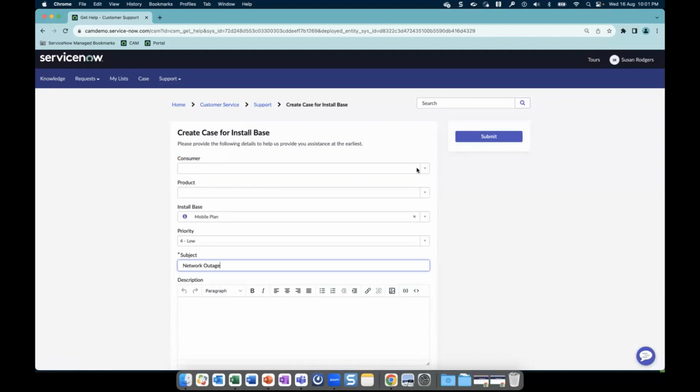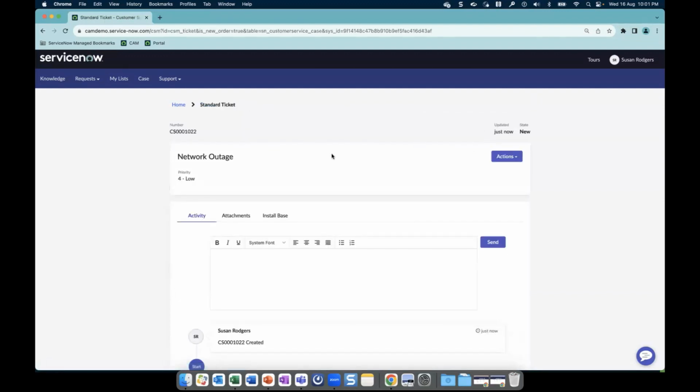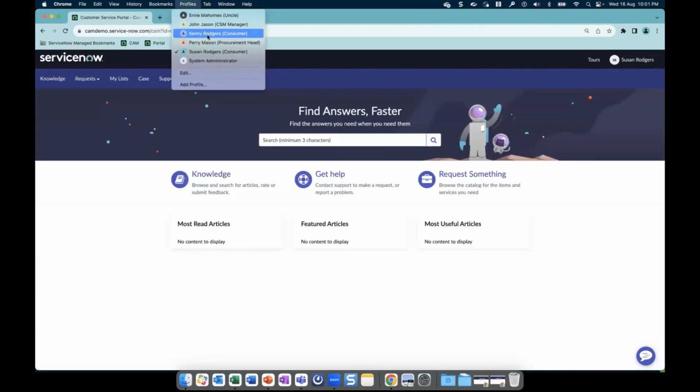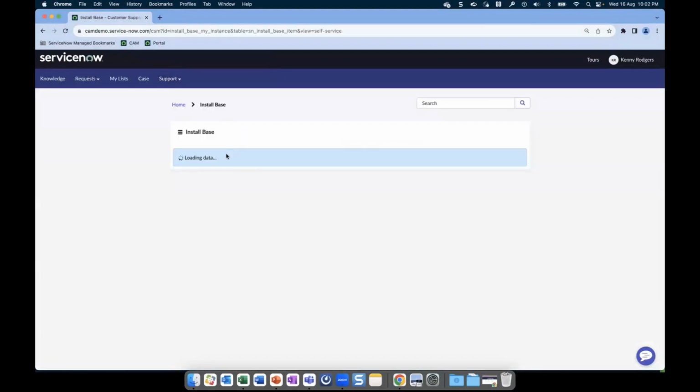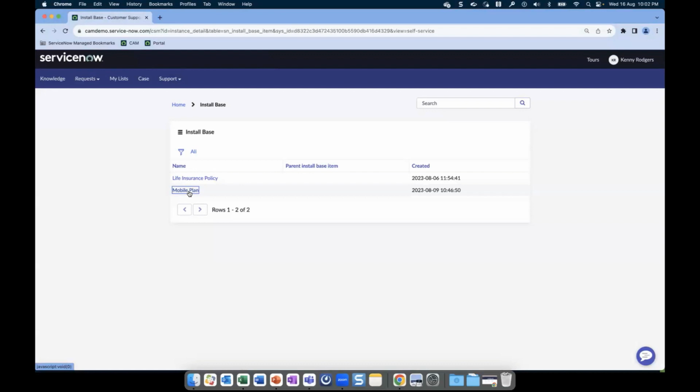So she raises a case on this mobile plan, as you can see. Now, once she has created this case, it would be available to all the other related parties on the case. For example, if Kenny Rogers logs into the portal and navigates to the same product,